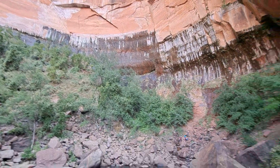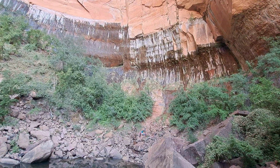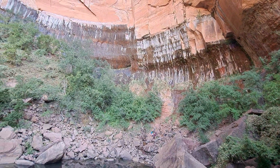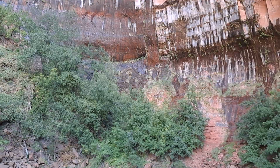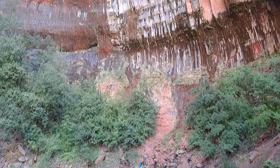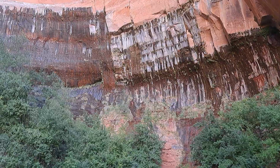Well, part of what contributes to that is the one ingredient of water. And there's a particular name for this ecosystem. They are known as hanging gardens, or they're also known as seep springs. Basically,